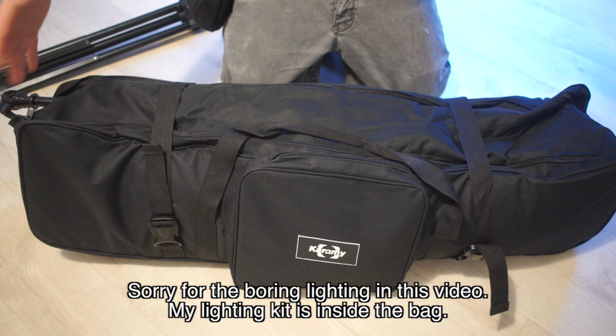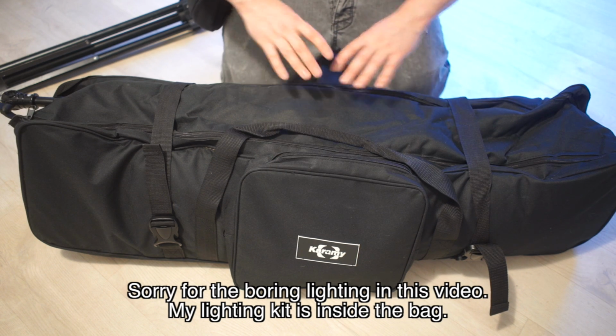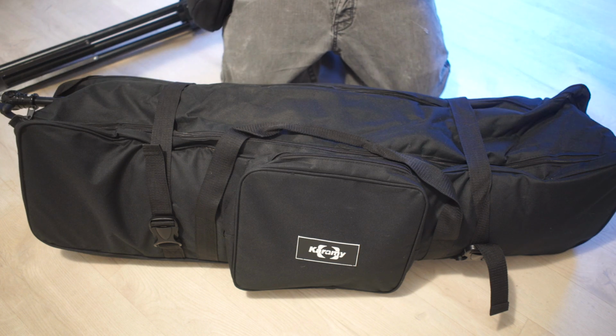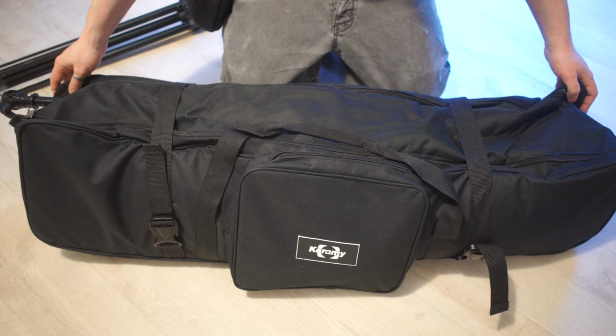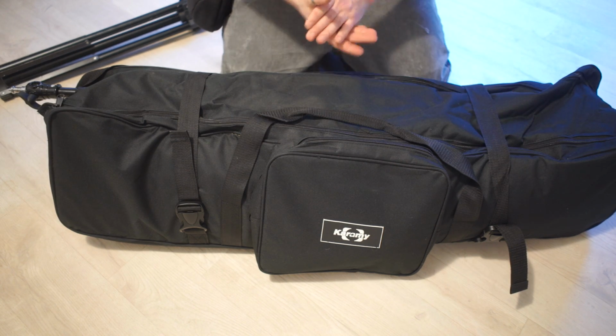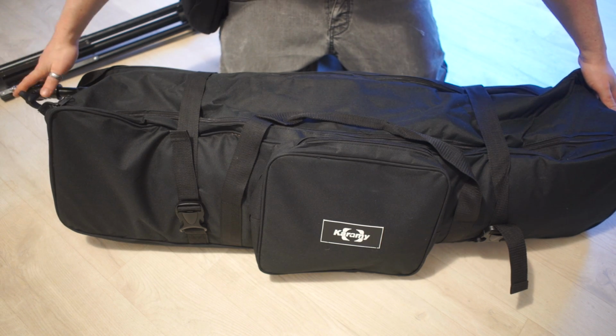This is the largest one they do as far as I know that is also fat. I think they do longer ones that are slim, so those are specifically for really long umbrellas. But this, as far as I could tell, was the largest fat one, which means it'll fit lighting as well as stands. So here, for example, this is the only bag I have that will fit my 4-meter boom stand